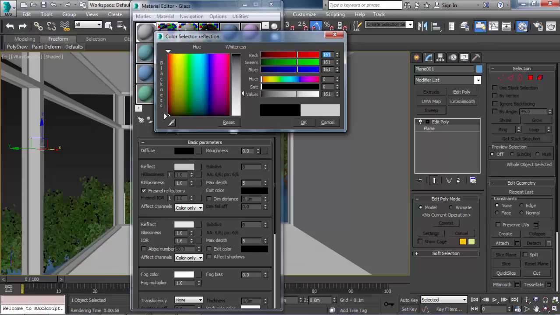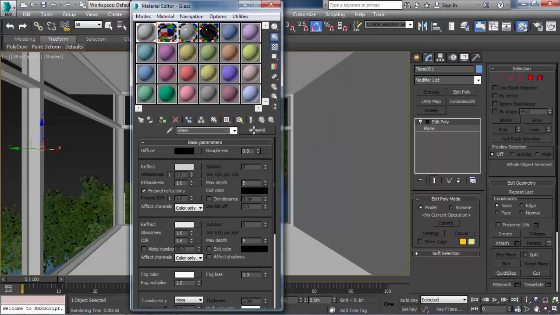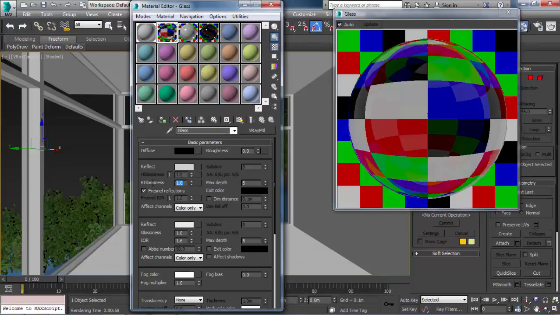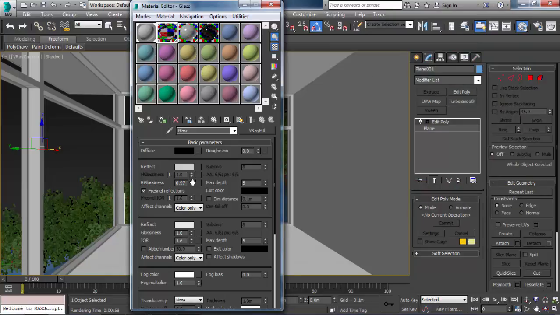Reflection, reflectivity 169. The reflection glossiness, let's add 1.5. Something like that. And the Fresnel IOR, just 2.1.